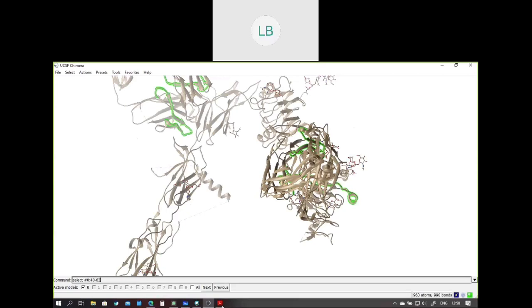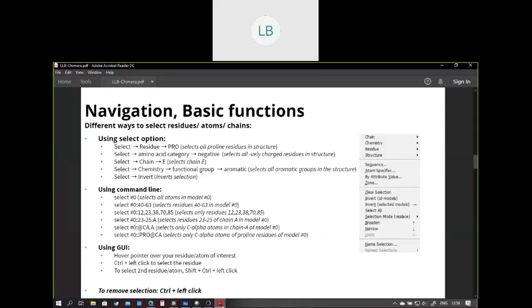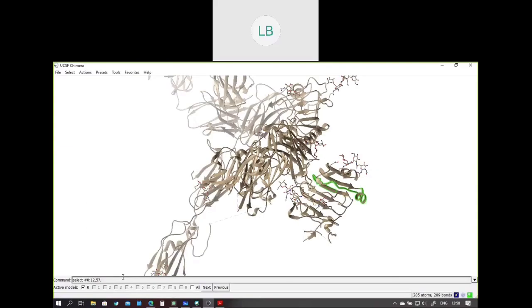Let's say I select some random residues: residues number 12, 57, 96, 117, 257. It selects only those specific residues with those specific numbers. Another thing you can do is select only certain particular atoms. Let's say you select only C alpha atoms.